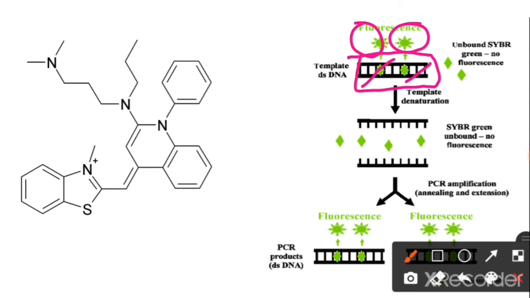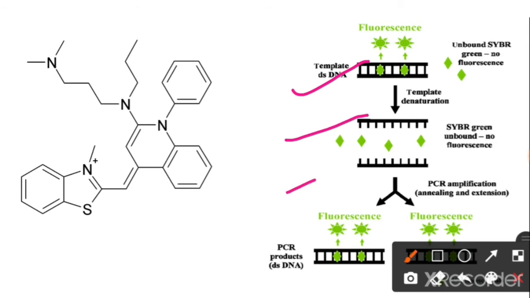Now in the PCR, the first step is denaturation. Due to the denaturation, the double-stranded DNA converts into single-stranded DNA. So here there is no binding or intercalation of SYBR Green with the single-stranded DNA. When annealing and extension happen, the single-stranded DNA, meaning the template, will convert to double-stranded